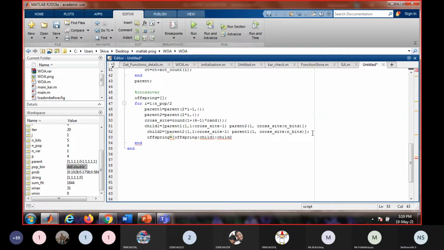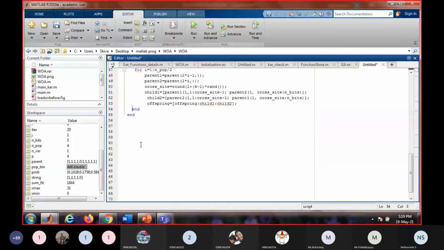First, this is an empty array. Then we'll place child 1 and child 2. Okay. And this is repeated twice, because we need 4 children, right? Then, okay, after this, we have got 4 offspring.